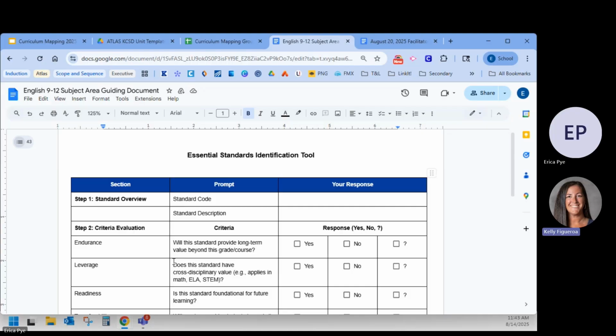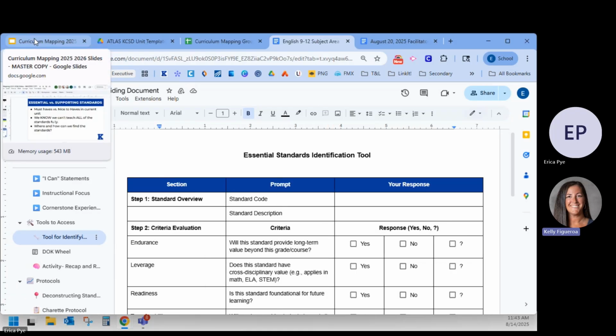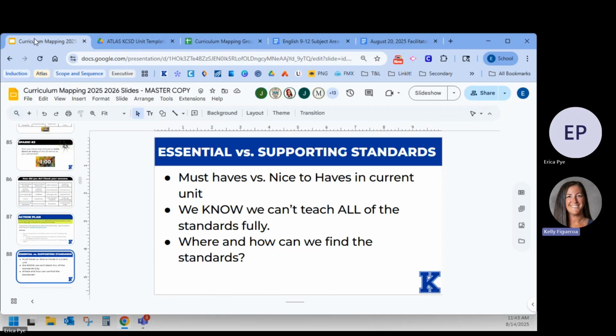We will give you time to take a look at this at the end and then give any feedback, like, I think we should have this question in here, or maybe we should reword this way so my team can better understand it. So we do want feedback to make this useful for you, and we will make necessary adjustments so that it can be utilized. But this process took a lot longer than anticipated, similar to the work you guys did when you were doing